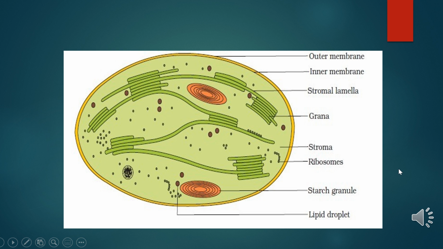In this slide, you can see the diagram of chloroplast, which we have earlier studied in chapter 8. Within the chloroplast, there is the membranous system consisting of grana, the stroma lamella, and the fluid stroma. There is a clear division of labor within the chloroplast. The membrane system is responsible for trapping the light energy and also for the synthesis of ATP and NADPH. In stroma, enzymatic reactions incorporate carbon dioxide into the plant, leading to the synthesis of sugar, which in turn is